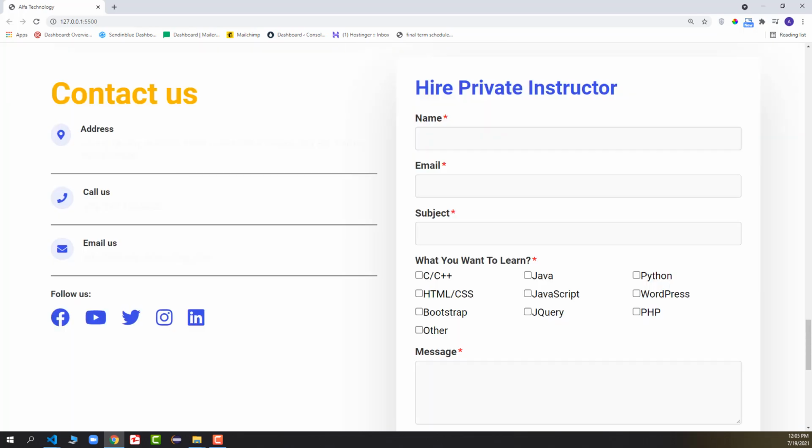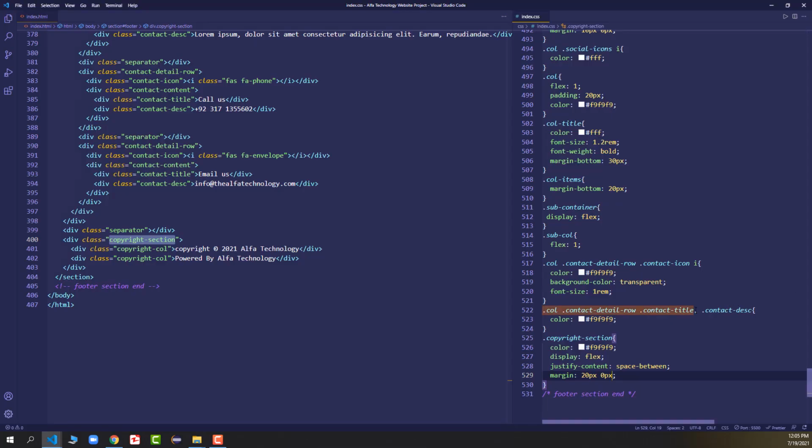Okay, now you can see if I go in the contact us section, you can see the color of the description is also changed to the half white, which is hash f9 f9 f9. So we just made a mistake in the footer section. Let me just go back and see here. Instead of putting a comma, we cannot target them with the help of comma.